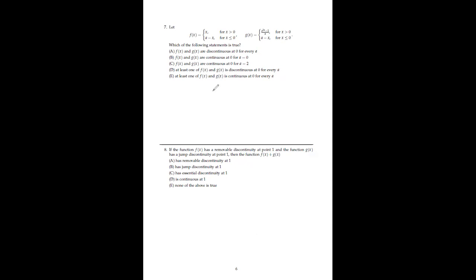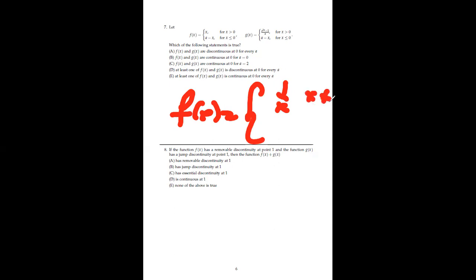1 over x is a continuous function, moreover. But if we say f of x is defined as 1 over x if x is not 0, and I don't know, 0 if x equals 0, we extend the function 1 over x and define it at 0, then yes, the function f is discontinuous at 0, but 1 over x is continuous. No, that's